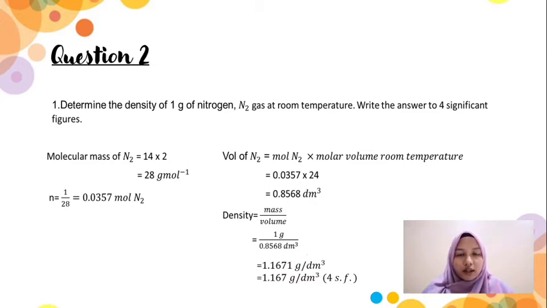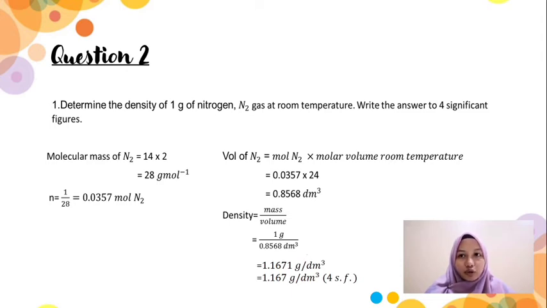Then we can find the number of moles of nitrogen, which is gram per molecular mass, which is 1 divided by 28 equals 0.0357 mole of nitrogen. So we can find the volume of nitrogen, which is the mole of nitrogen multiplied by the molar volume at room temperature. So we get 0.0357 multiplied by 24, and we get the answer